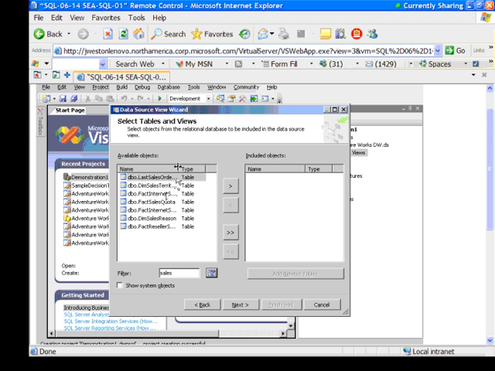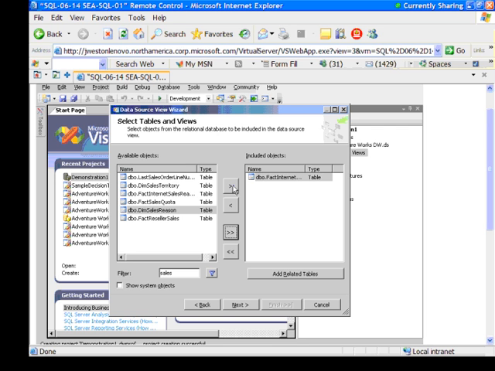I can't quite see it there, so I can resize these columns here. Oh, that didn't take the first time. Bear with me. There we go. So I want the fact internet sales, and we're going to add it to the right as one of my fact tables. The fact reseller,